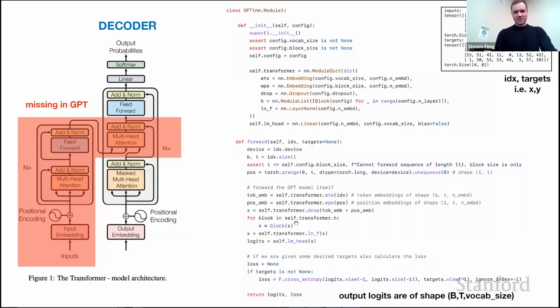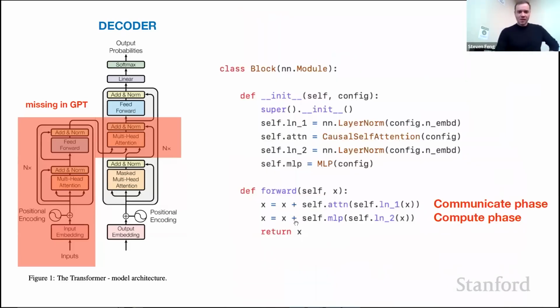So now let's drill into what's here in the blocks. These blocks that are applied sequentially have, again, as I mentioned, this communicate phase and the compute phase. In the communicate phase, all the nodes get to talk to each other. These nodes are basically, if our block size is 8, then we are going to have 8 nodes in this graph. The first node is pointed to only by itself. The second node is pointed to by the first node and itself. The third node is pointed to by the first 2 nodes and itself, etc. So there's 8 nodes here.